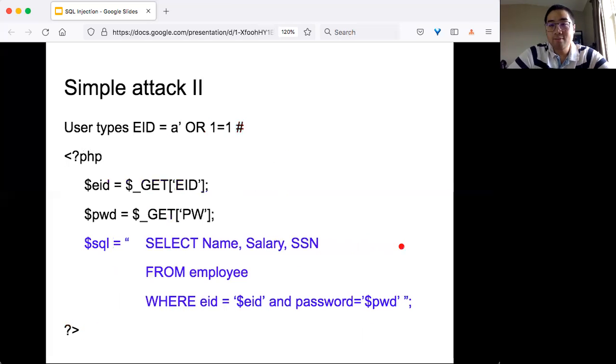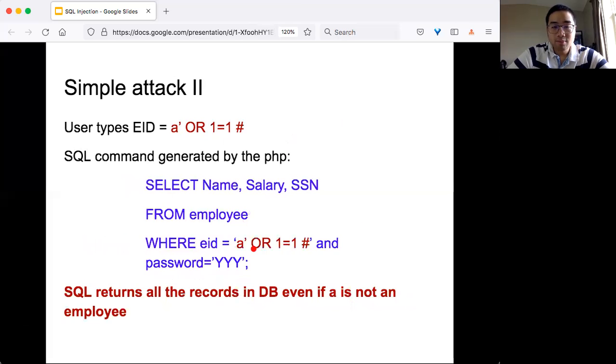Now let's look at an even more powerful attack. We use the same script, but the malicious user types a different thing in EID: a prime, or 1 equal to 1, and a pound sign. Then after this, everything will be ignored. What this means is that we have an OR operator here, and 1 equal to 1 is always true. So what this SQL command is doing is that the SQL will return everything inside the database,